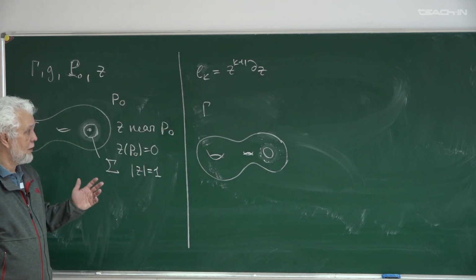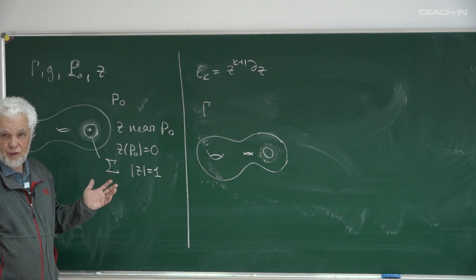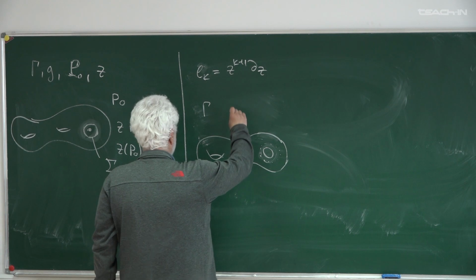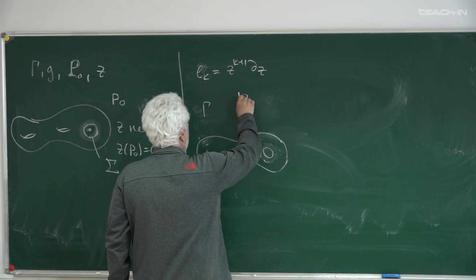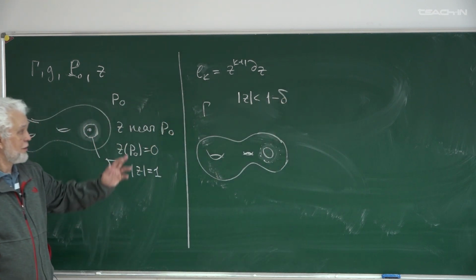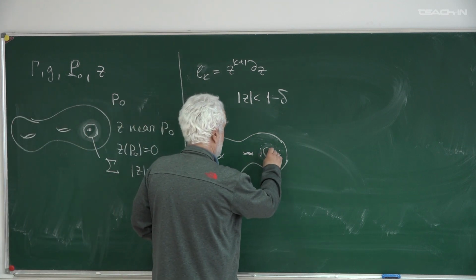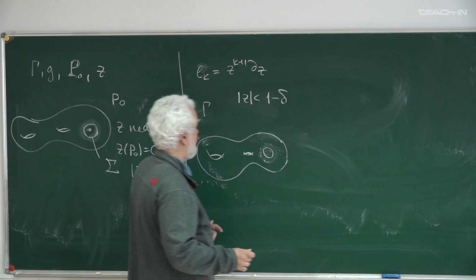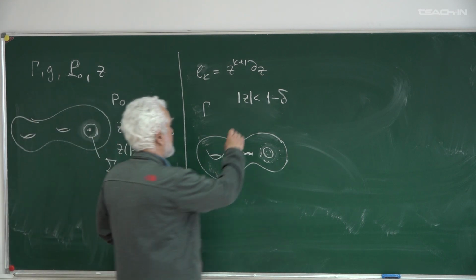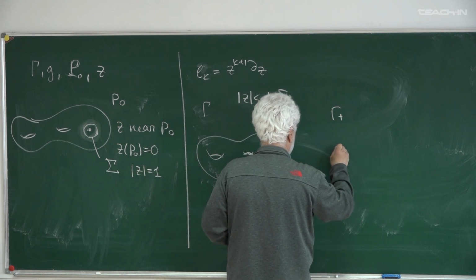Gamma minus is obtained by removing a hole. We cut a hole from gamma. The hole may be something like, you see, a little smaller than 1. So the unit contour is here, inside sigma. And it's gamma minus. And gamma plus will be